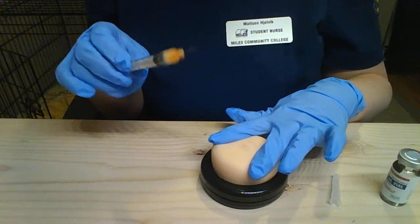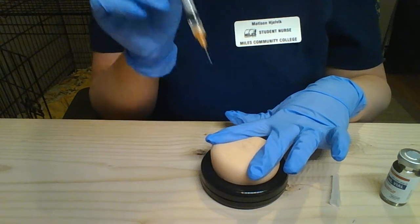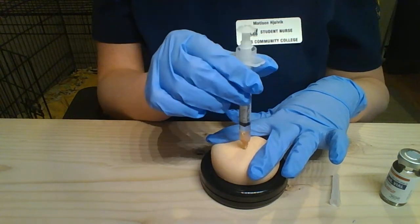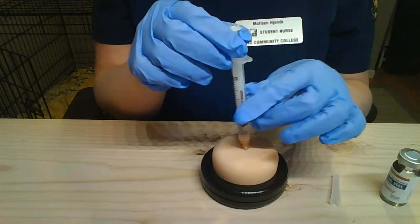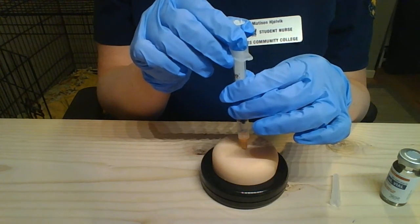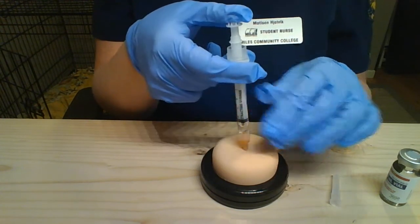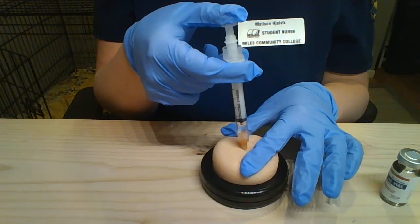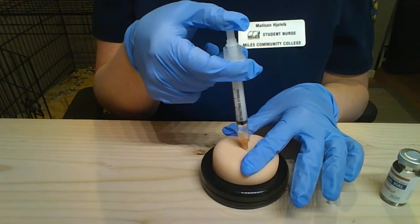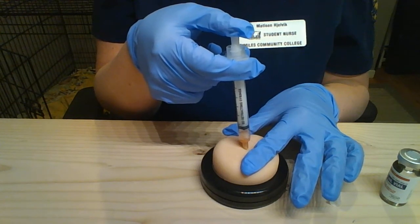so I can hold this taut with my 2 fingers, and it's going to go right at a 90 degree quickly right in. And you can check for blood return, so I'm going to pull back, and if there's no blood within 5 to 10 seconds, then I'm good. Otherwise I would remove the needle and remove the medication and start again. But now I'm just going to inject this at a steady rate over 5 to 10 seconds